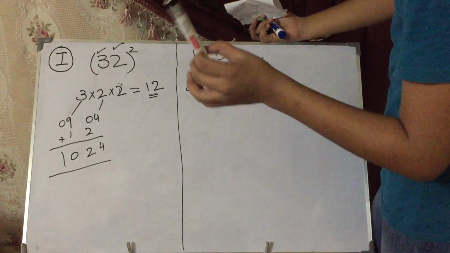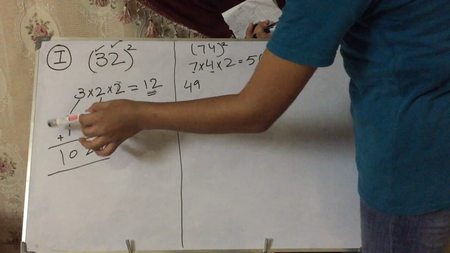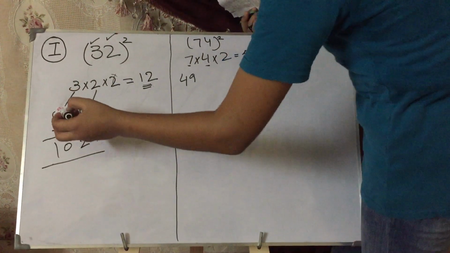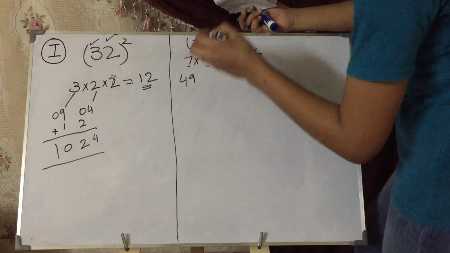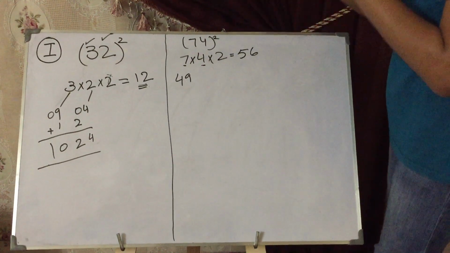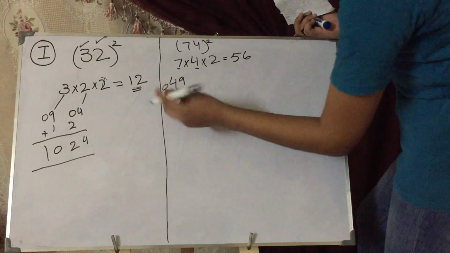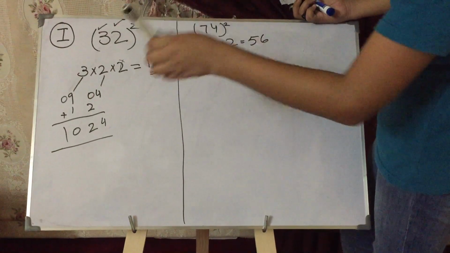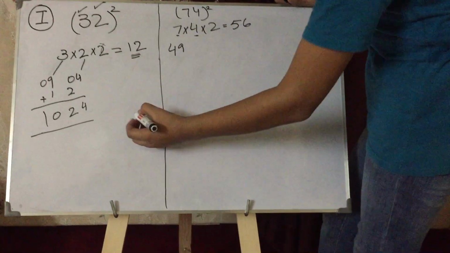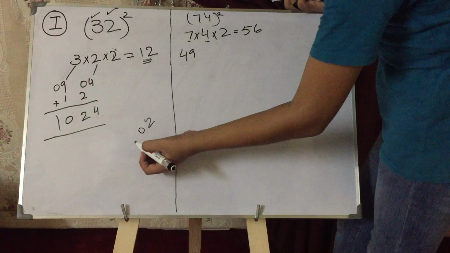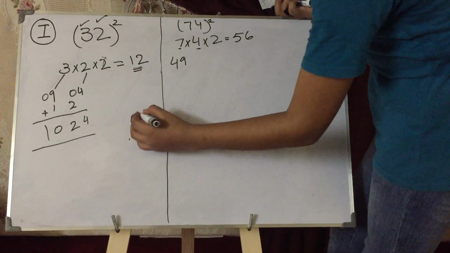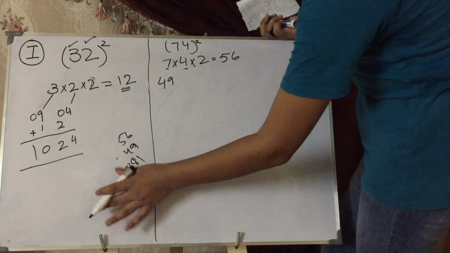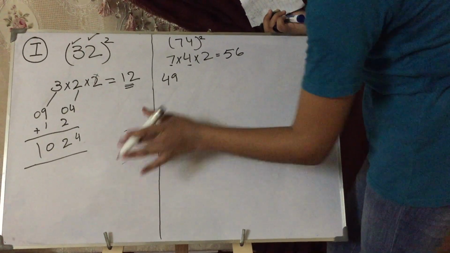Guys, listen to one more thing. In the earlier example I put a 0 because you have to bring 2 digits. But here, there are already 2 digits, so please don't put a 0 here, or your answer will come wrong. If there is only one digit, like 9 or 4 or 2, we will put 0. If it is 56, 49 and 81, we will not put a 0. Keep this in your mind.